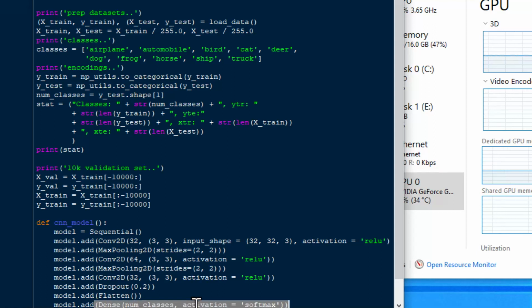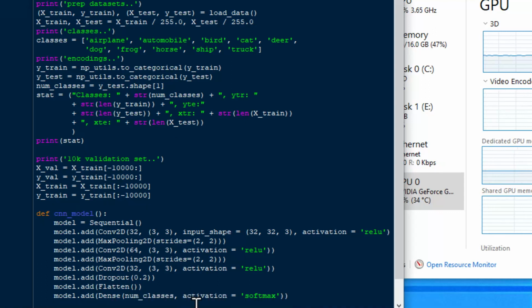After we've added our last layer, which outputs the number of classes that we know are going to be output by the model, in this case 10, which are the list above: airplane, automobile, bird, cat, deer, dog, frog, horse, ship, and truck. We're going to compile the model before we pass it back as a value from the function,